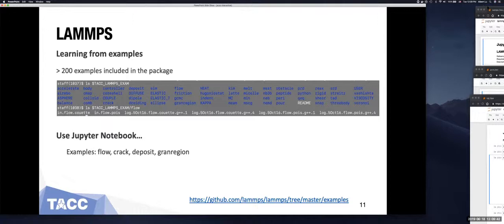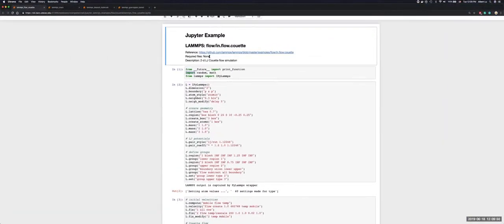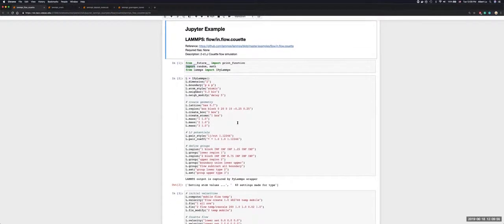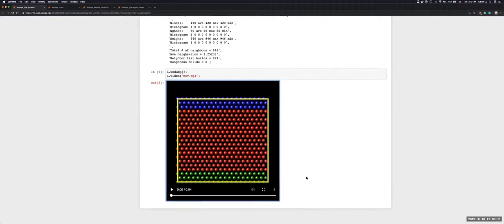Let me switch the window. Okay. Let's look at the first example, flow. So this is a Jupyter Notebook for this example that I created. So from this movie, you can see,